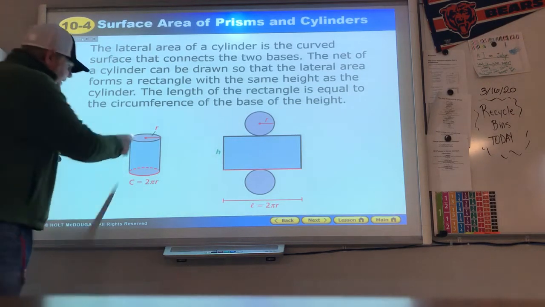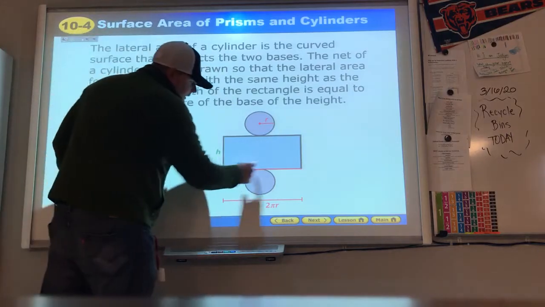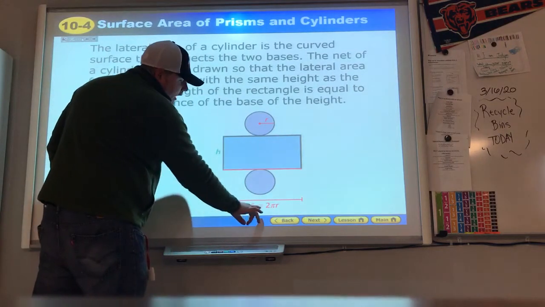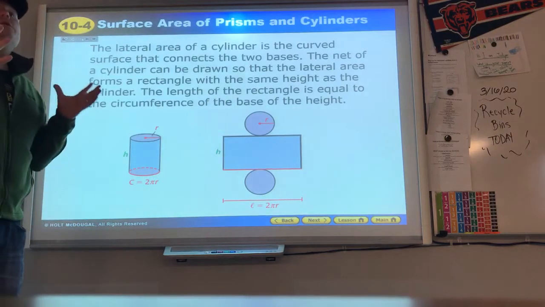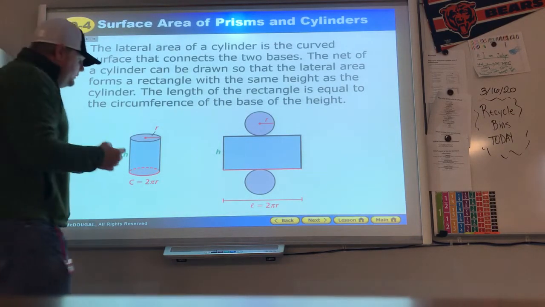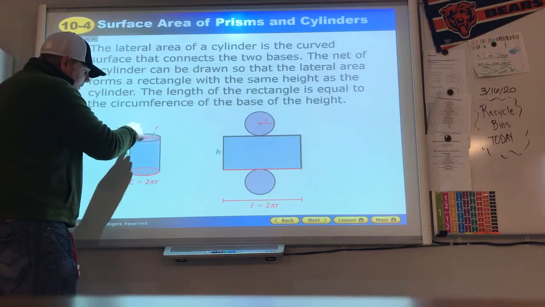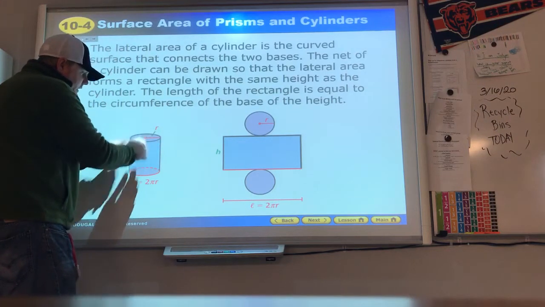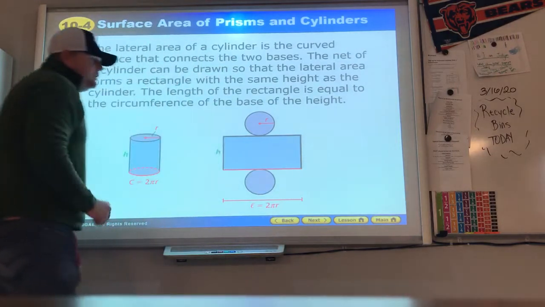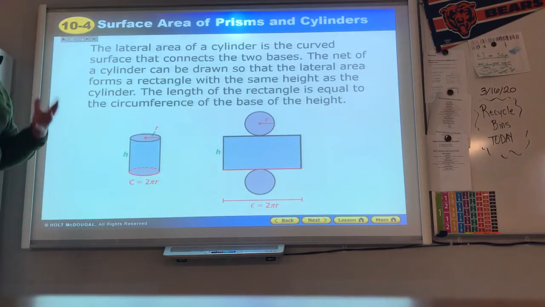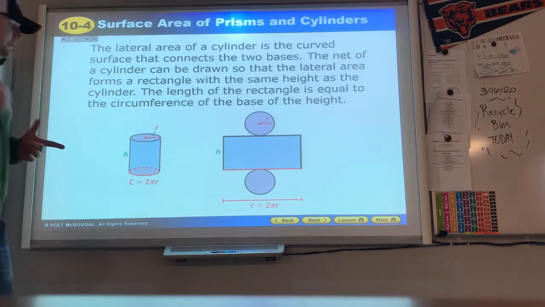Now notice, if I cut this and unfold it, the length of this is 2 pi r. 2 pi r is the circumference of the circle. Do you see how that top lip goes all the way around the circle? And if I cut it and open it up, it would be the circumference of the circle. That length would be that. So you're going to see that a lot. So you need to remember